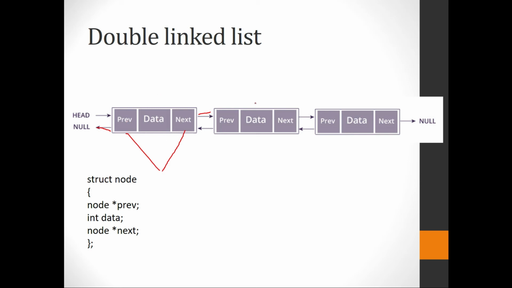Okay, so now again this is another node. This is node 1, and node 2 again has 2 pointers. This next pointer is pointing to the address of another node. This previous is pointing to the address of this particular node. Okay, so this is how a double linked list looks like. And what does the last next display? Yes, it points to null because there are no other nodes connected to it.